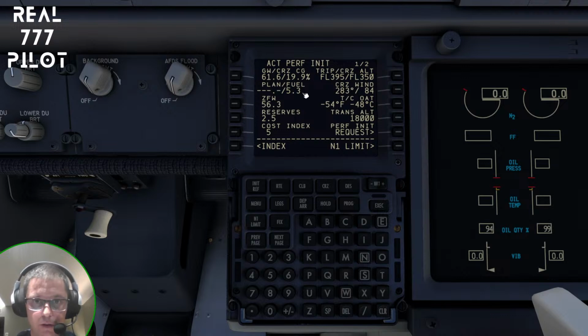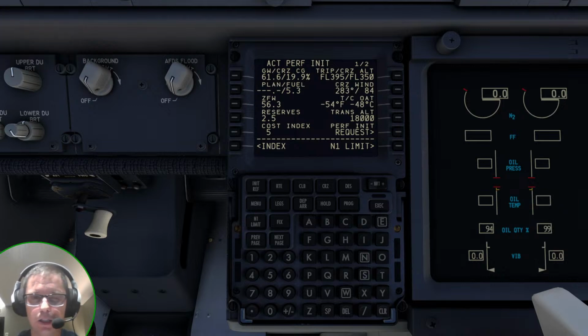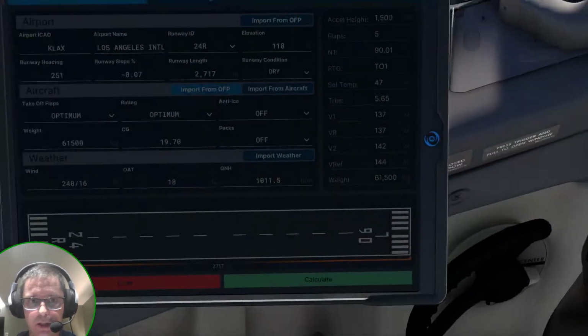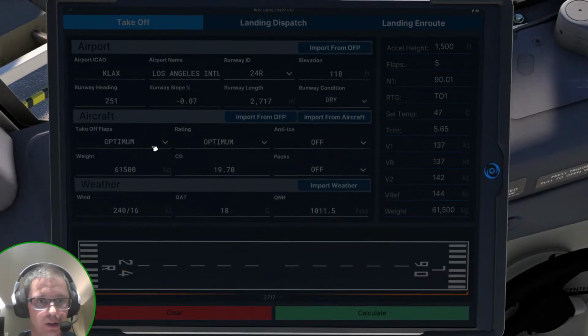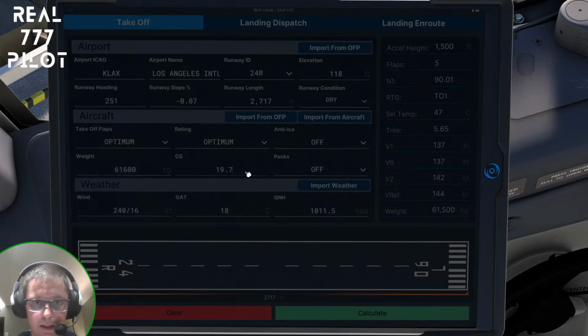The fuel is correct, so we are departing with 61.5, 61.4 if we include the taxi fuel. So we are going to make the calculation with this 61.6 and CG at 20. Okay, so actually CG at 19, so 61.6 is our departure and CG will be 20. Packs are going to be on, and